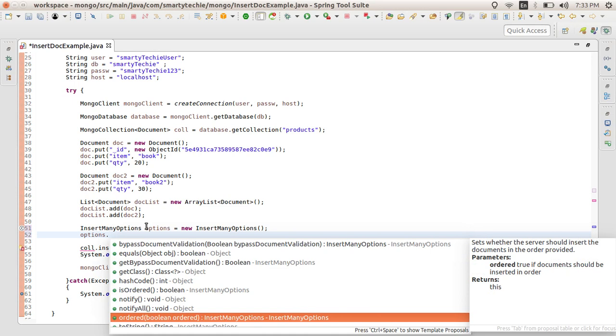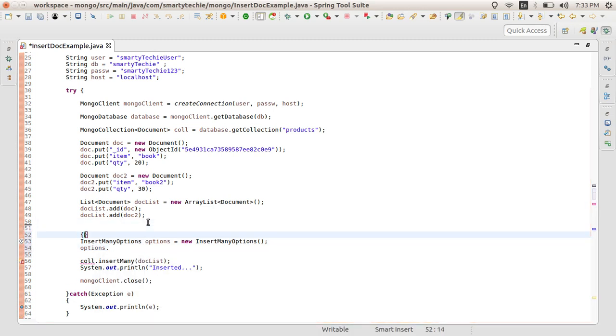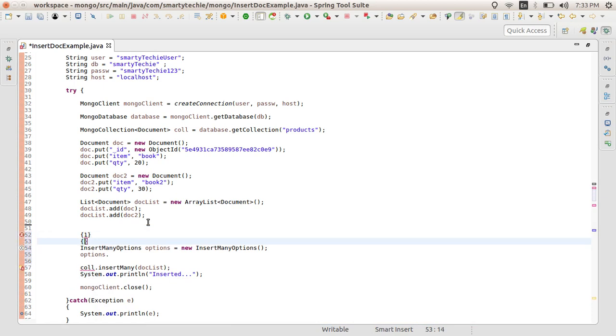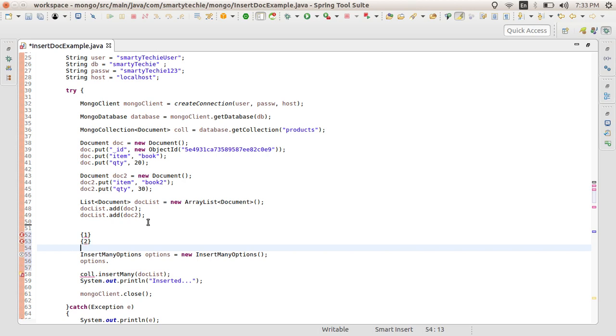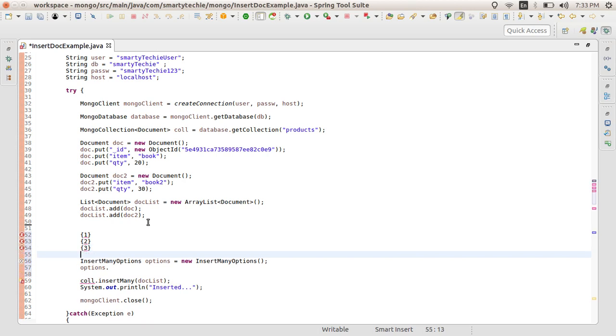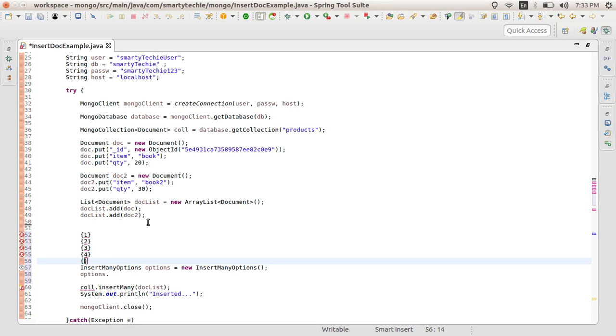Next is ordered. Ordered is for when you have provided the insertion of documents in the order of 1, 2, 3, 4, 5. Let's say five documents: this is the first one, I'm just giving you an example, this is the second one, third one, fourth one, and fifth one.